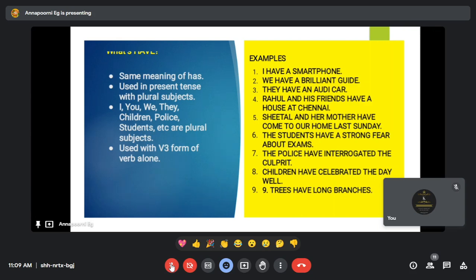Anjana? Yes, ma'am. 5th to 9th, ma'am. Yes. Sheetal,